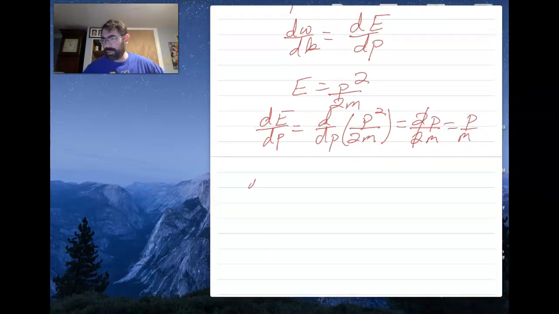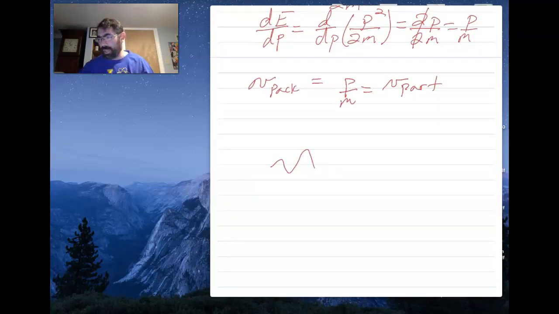So in the end, the velocity of the wave packet, the group velocity of the wave packet, is our classical particle velocity. So if you're trying to think about this particle, I'll draw it one more time, as this big group of waves,